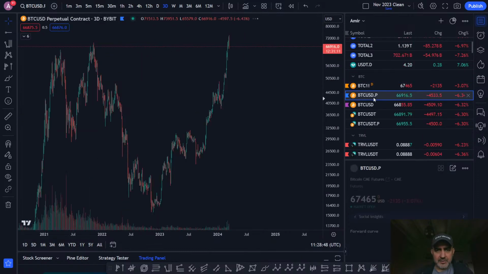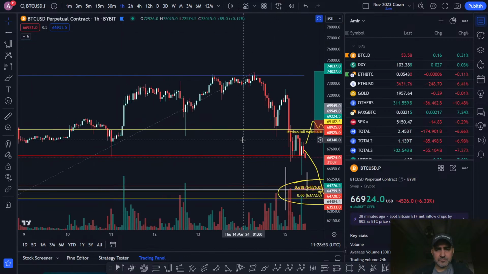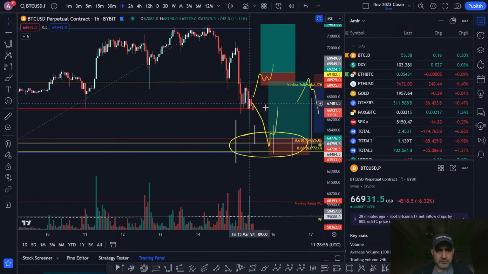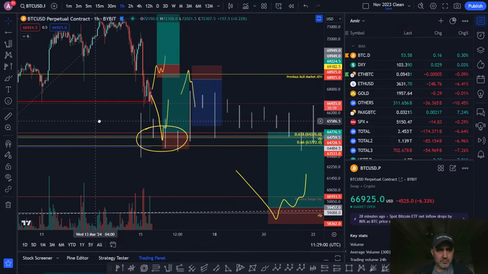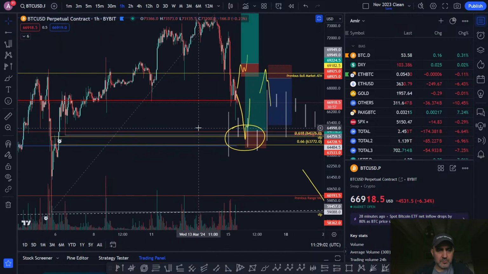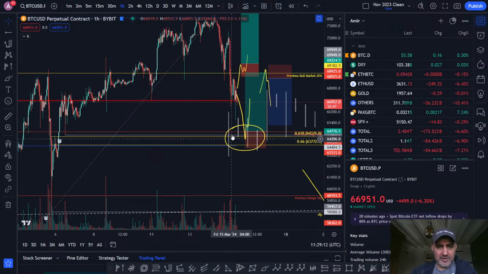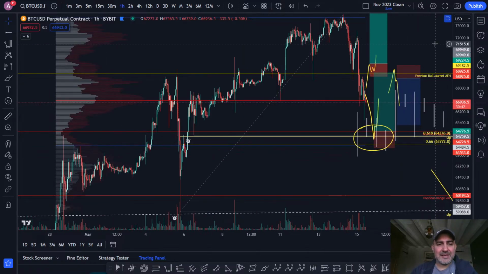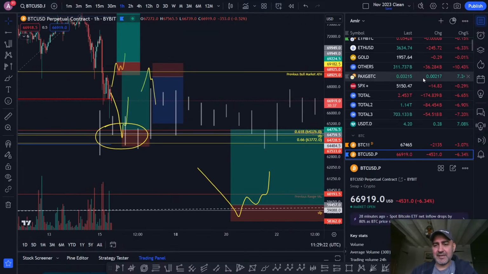Just quickly have a look at Bitcoin again one more time. I will long there. I like it. I like that long, but I'll wait for the reaction. I'll wait for the swing failure pattern. Hopefully it'll happen today because I want to long. I want to do something because I'm not in a trade right now. So apart from, of course, the trade of all trades, the only one that matters